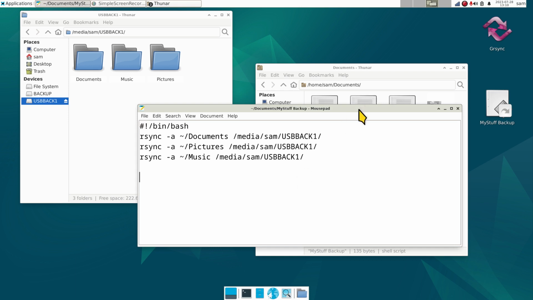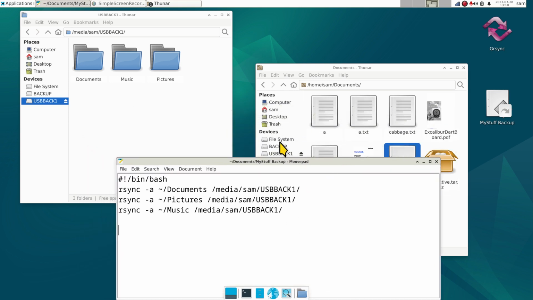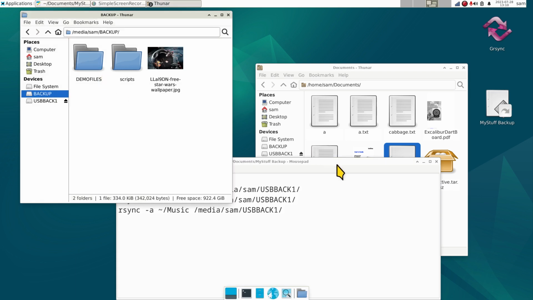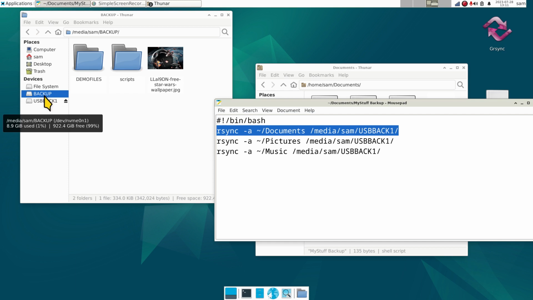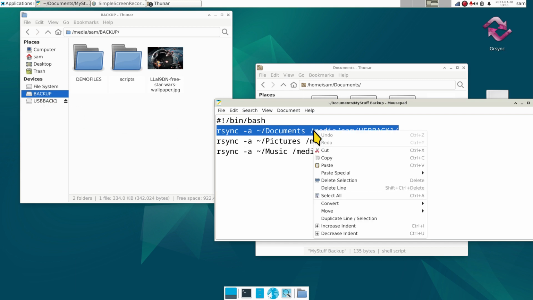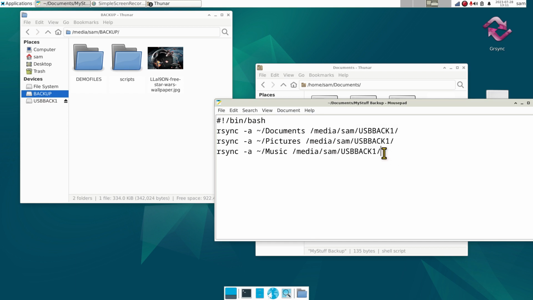All right, so what is this next device called? Backup. You can see it here also. I'm going to click that and leave this open. So I'm going to grab a hold of this line here because I want to make a copy of my documents going over to the backup drive instead of the USB drive this time. However, I'm going to cheat and go right click and copy. Click on the last line, hit enter, and hit paste. Or you can hand type it all in there. However, what I'm going to do is change the tail end